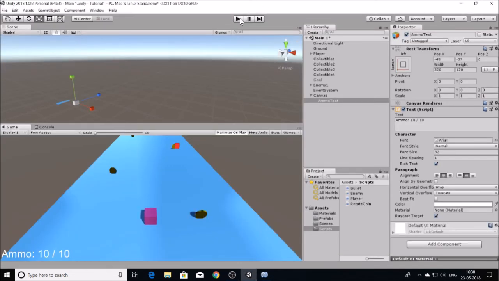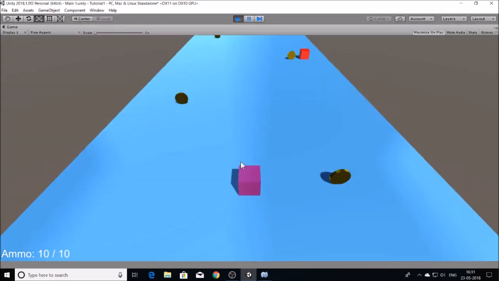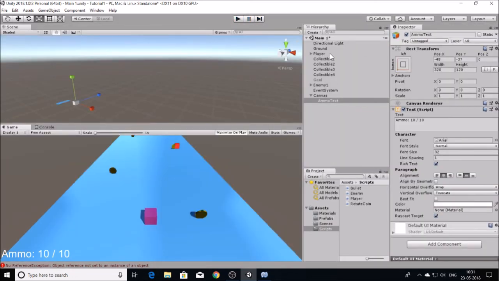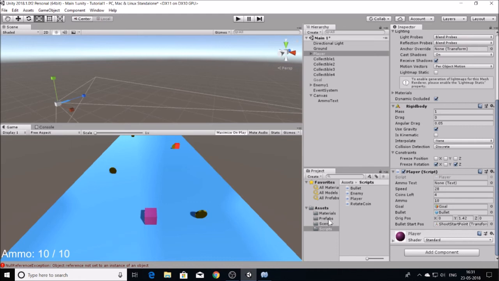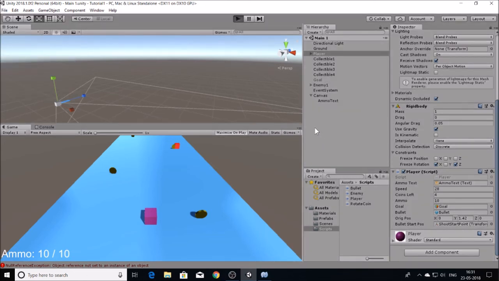Now you'll see a bit of a problem. Oh, object reference not set. So what I've missed is in the player, click on the player object. In this ammo text, we will put our text over here, ammo text. So I'll just save scenes and save project. So if I play the game,